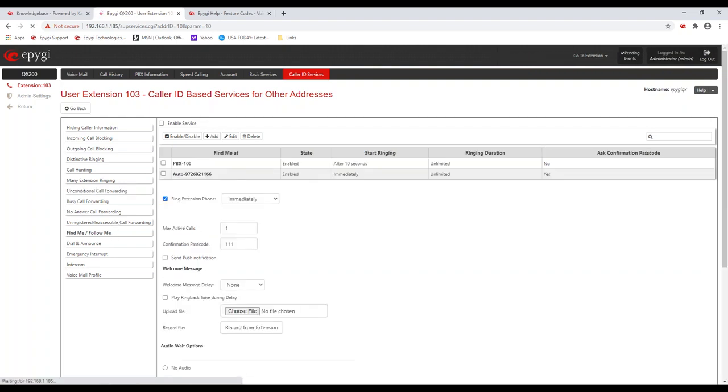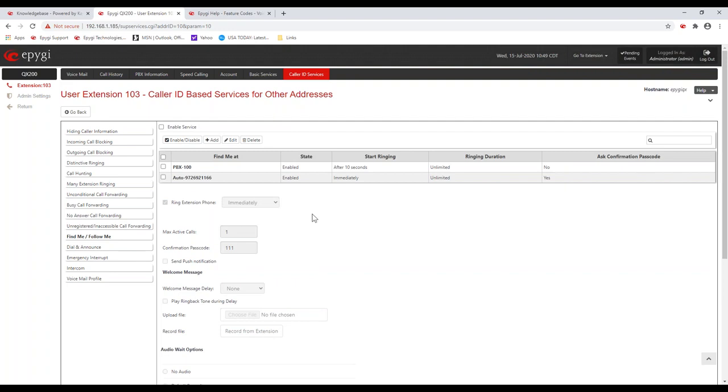Find Me, Follow Me, real useful option. A lot of people really like to use the Find Me, Follow Me. So to get familiar with it, there's a couple settings here. One is, first of all, you're going to define what numbers are going to be called when this extension 103